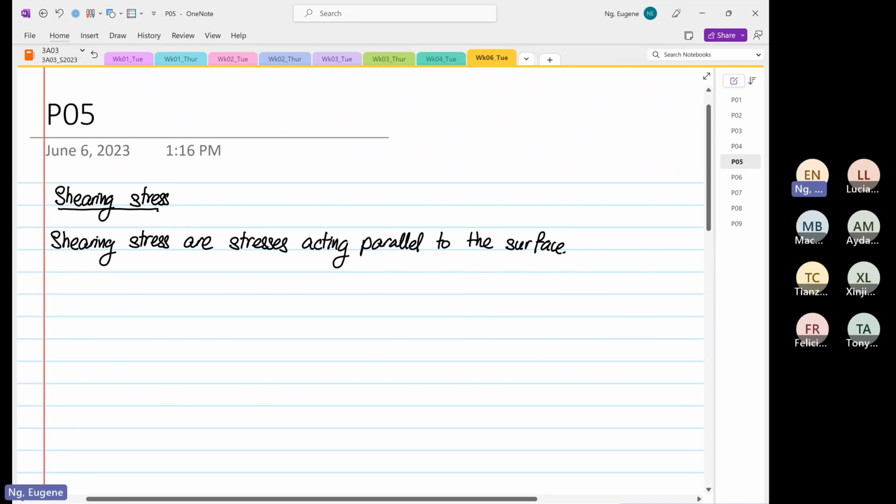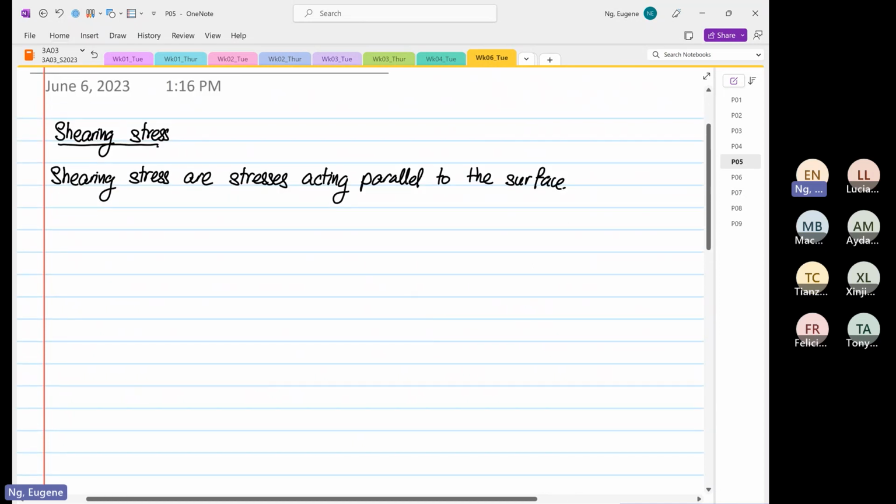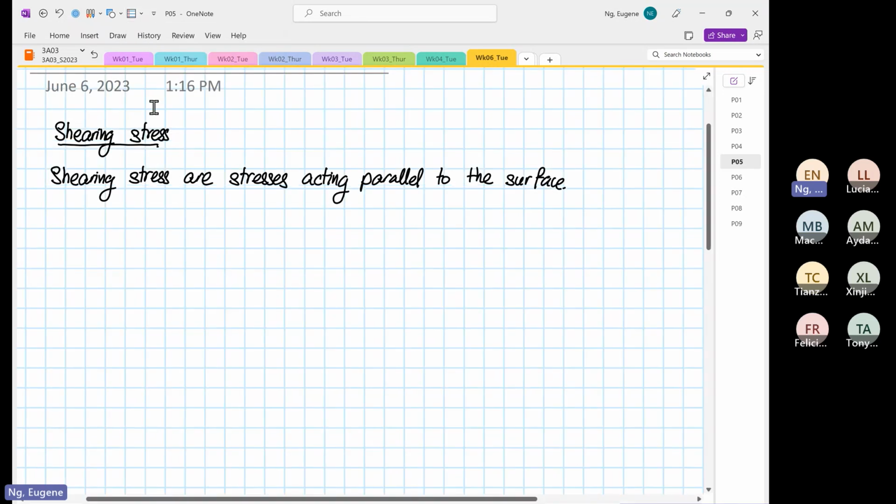So there's two ways we define shearing stress. Okay, so if we were to draw our transformation over here,